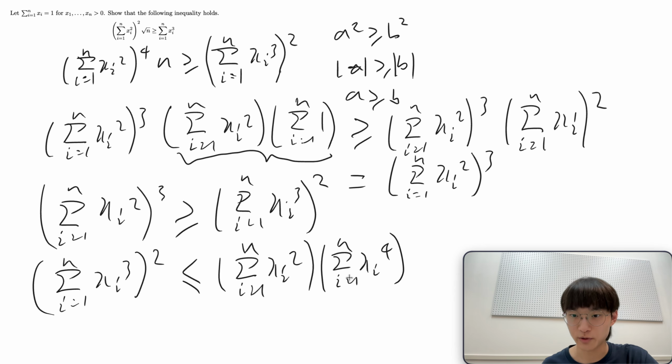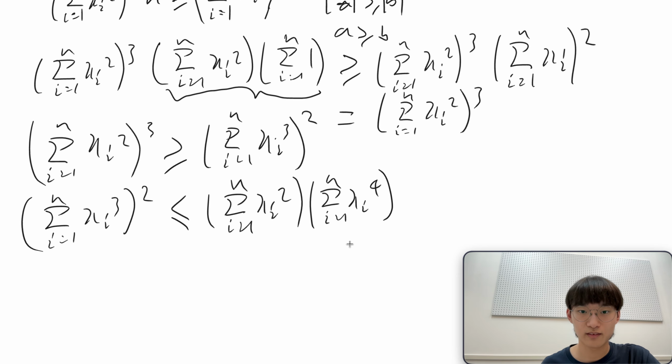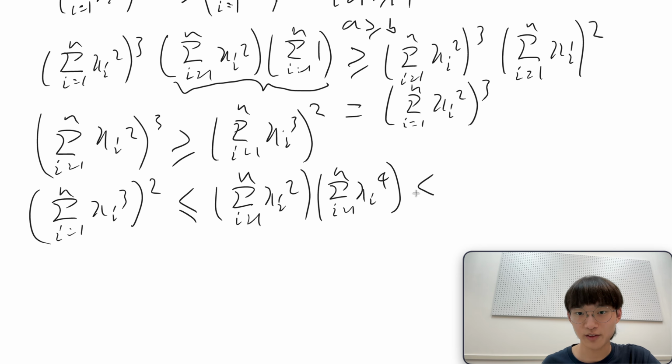We know that this is true. Now, we know that this is also less than or equal to n times the sum over i equals 1